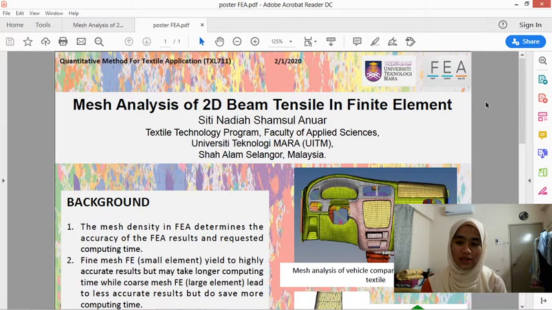Theoretically, in finite element analysis, if we observe the mesh density, it will give two possible outcomes. First, if we use coarse elemental size, it will give less accuracy to the result with less computing time. In contrast, if we use fine elemental sizes, it will give high accuracy to the result. But of course, it will consume much more computing time. Thus,